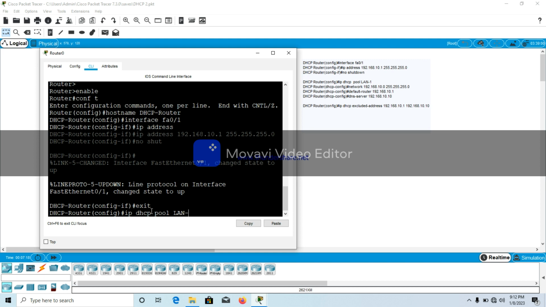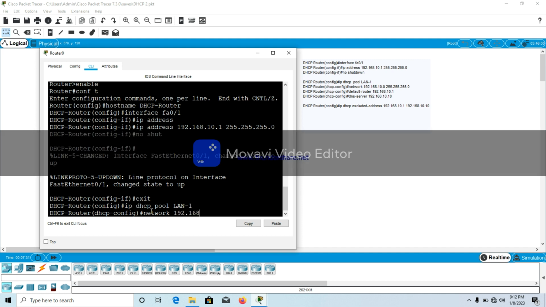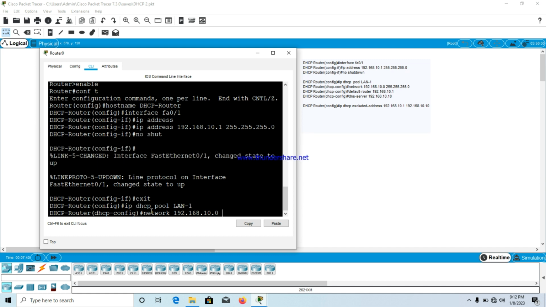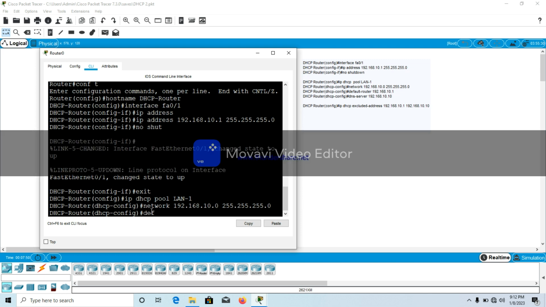Let's say LAN1, and the network address that we are going to use is 192.168.10.0 network, and the subnet mask is 255.255.255.0. We enter,